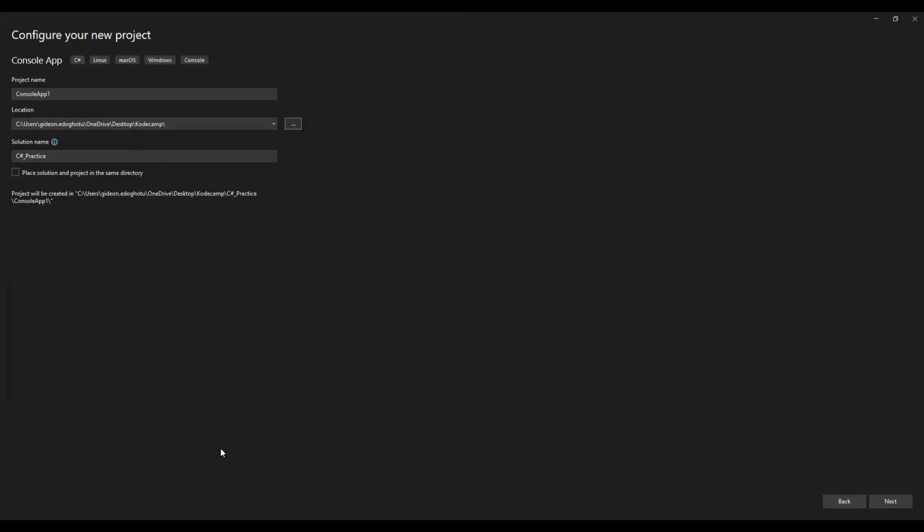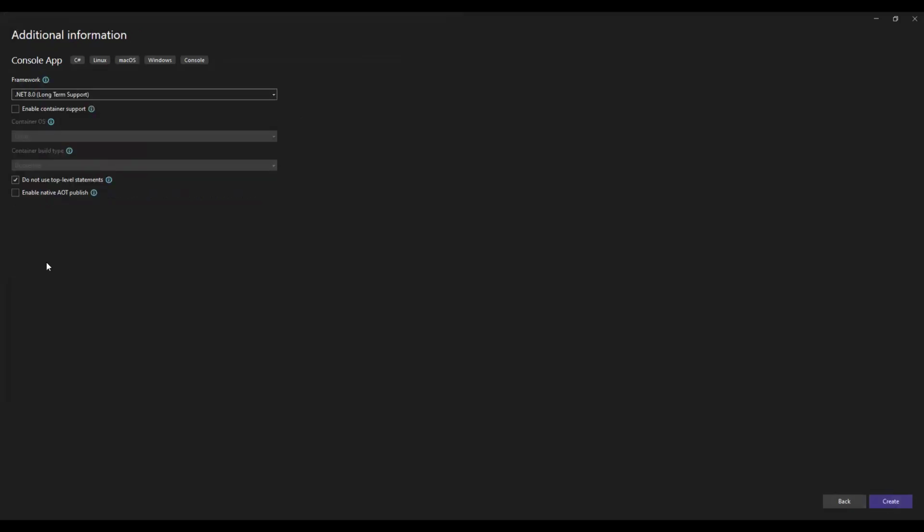After that, you click next. If you check the bottom right corner, you see next. For those that might be looking for where the next button is, it's here. So you click next and it takes you to where you choose the frameworks you want to use. Speaking about these frameworks,